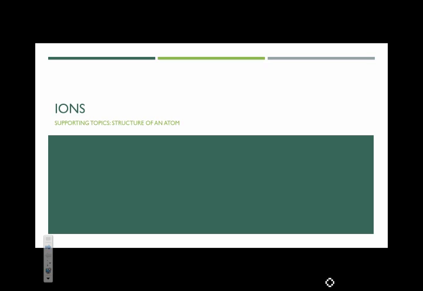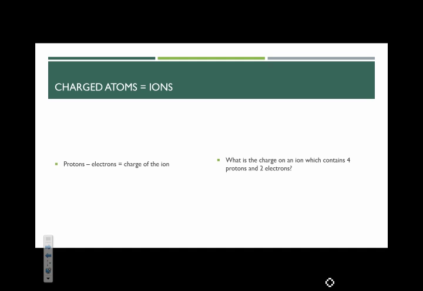Ions are charged atoms. So if you haven't watched the video on the structure of an atom, stop for a moment, go take care of that, and then come back and watch this one. Because atoms that are charged are called ions, that suggests that we don't have an equal number of protons and